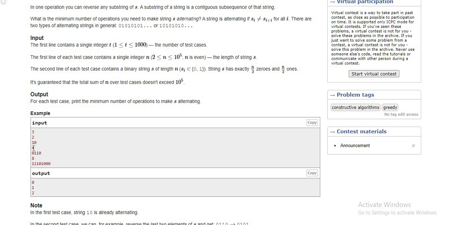Similarly, the size of the string is 4, and here the first 0 1 is alternating, but the next one matches the previous one, so we have to swap the ending elements, 1 0 to 0 1, so it would be 0 1 0 1.